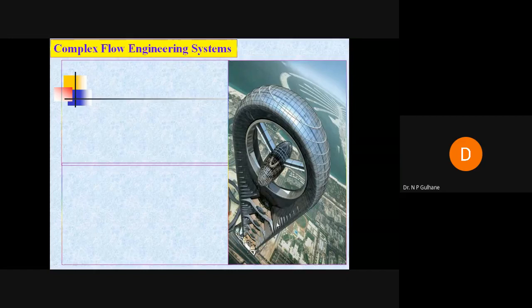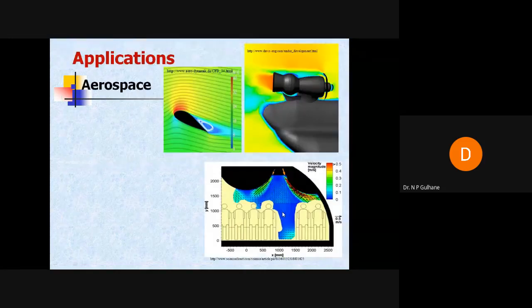If you travel from Madurai to Kanyakumari, or in Satara in Maharashtra, or other parts of Gujarat, you can see installations of this wind turbine at certain locations. Those locations are not a trend now. It is a specific study of what the wind flow is and how that wind flow helps us generate power with the help of this wind turbine. So this complex engineering system can be studied with the help of computational fluid dynamics.